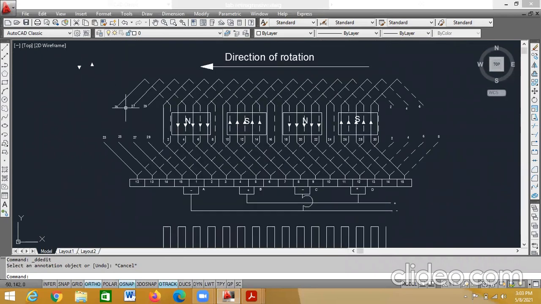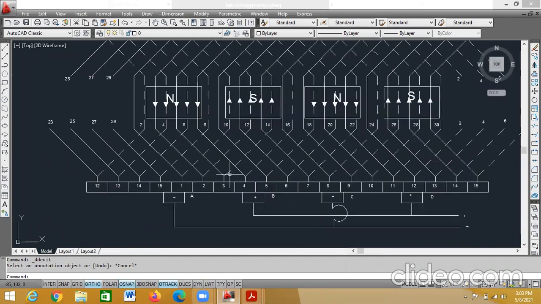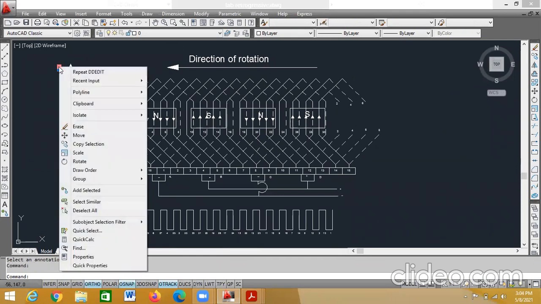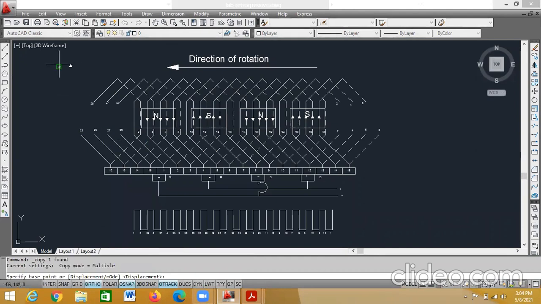Now you have to place these arrows for the conductors which are within the poles. Within the north pole, what are the conductors I have? You see 3, 4, 5, 6, and 7. So for 3, 4, 5, 6, and 7, you have to place the downward arrow. Select the downward arrow, copy selection, select the base point.